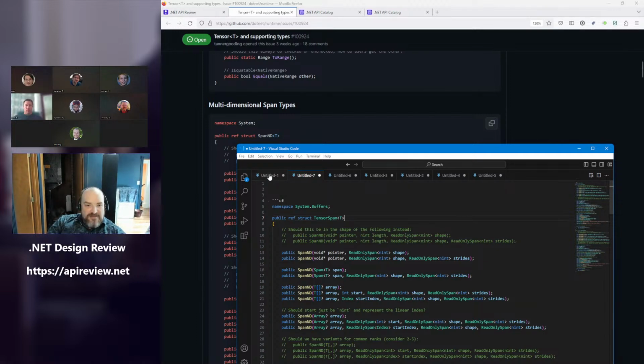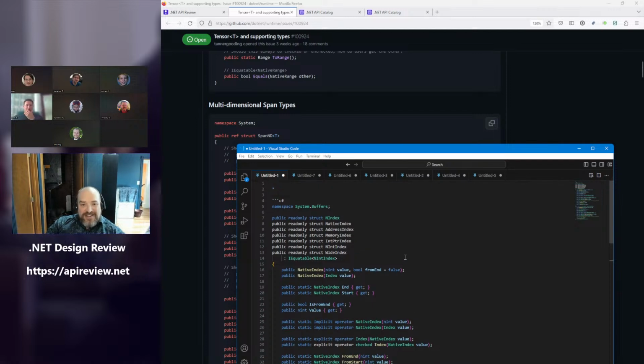So if we got rid of the ND, now we can pop back to ND index. Well, clearly we call this a tensor index now, right? I don't think we can call it tensor index because that is completely different from what an actual index to a tensor is. This is the dimension. Sorry, go ahead, Eric. I was just going to say it's exactly the conversation we had an hour ago about the N not meaning N dimension here.